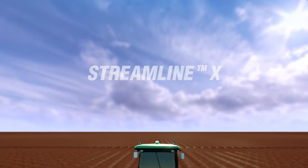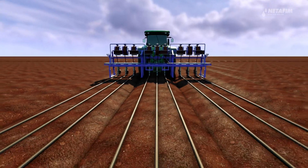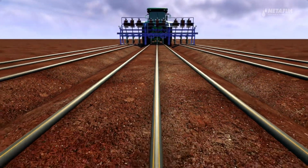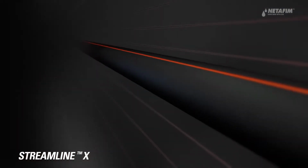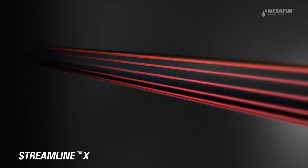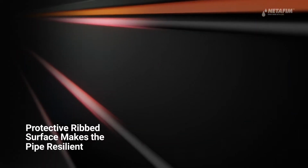Growing short-cycle crops is a dynamic business. You want things to run smoothly without worrying about damaged dripper lines or unnecessary costs. Introducing Streamline X, the toughest thin-wall dripper line the field has ever seen, with a unique ribbed surface that protects